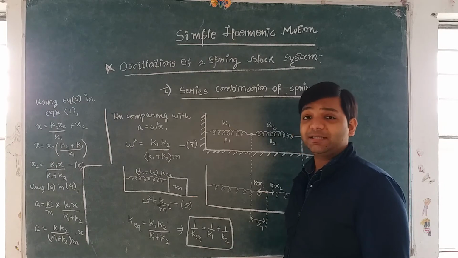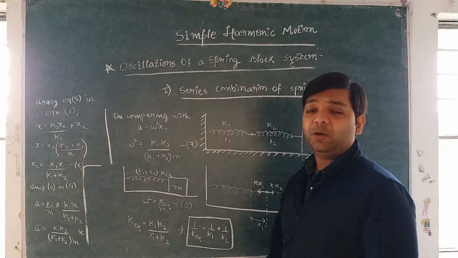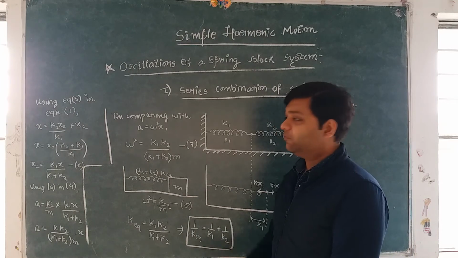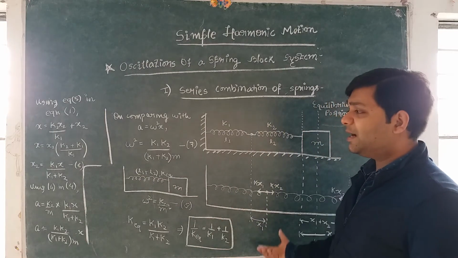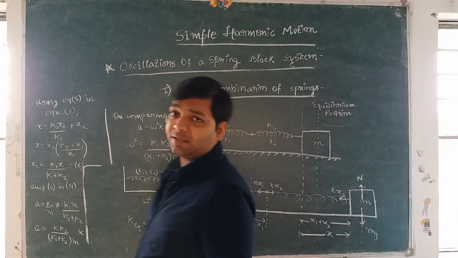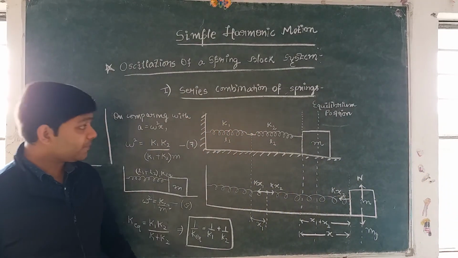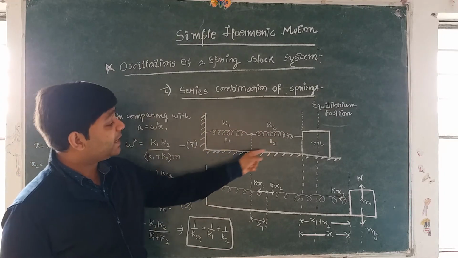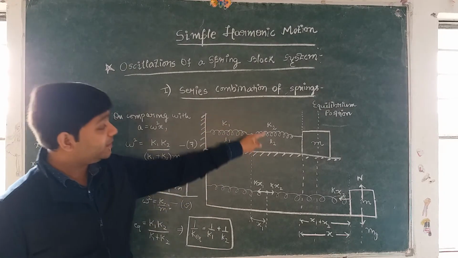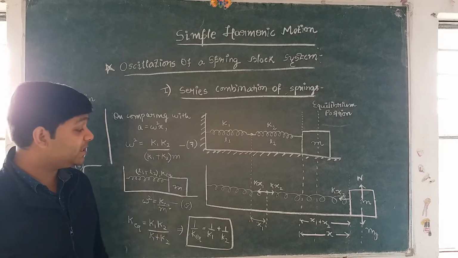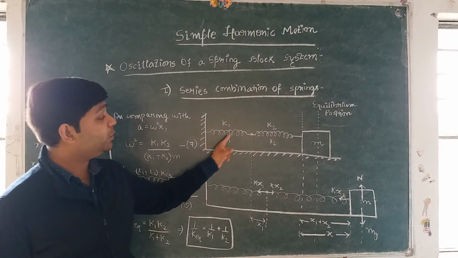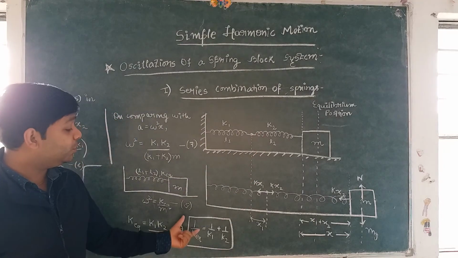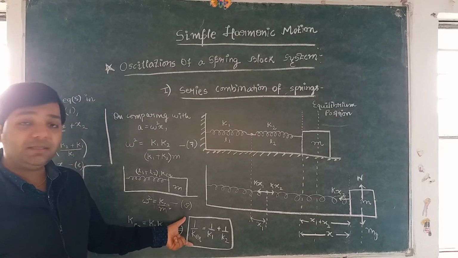If you do not understand it, please watch the video again and again. You have this advantage of watching the video again and again and repeating the lecture, and you can understand this once you look at it carefully. So we can replace this entire system of a series combination of springs with a single equivalent spring whose length will be equal to L1 plus L2 and whose spring constant is given by this relation.